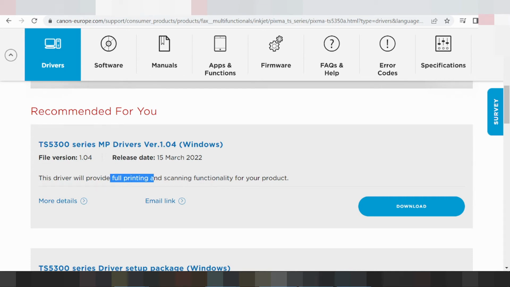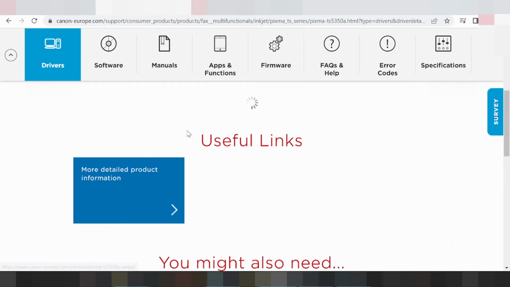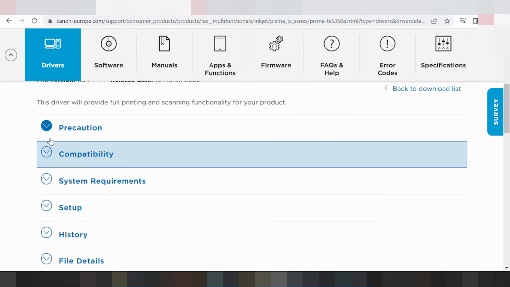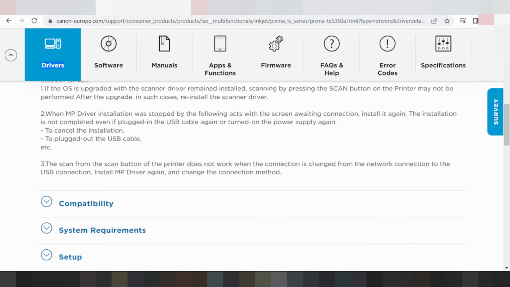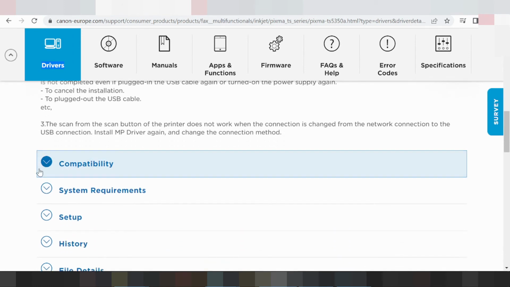Click here. Here you look at the supported printing for Windows 11, and you scroll down and